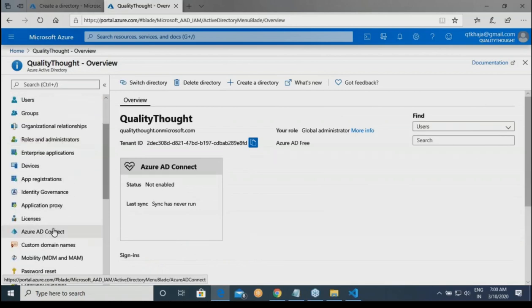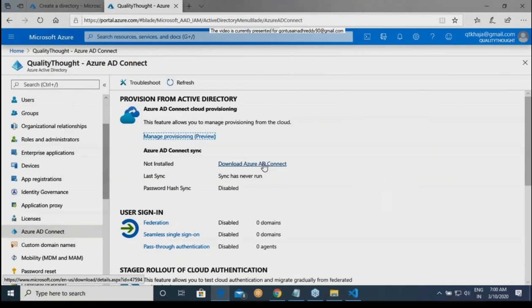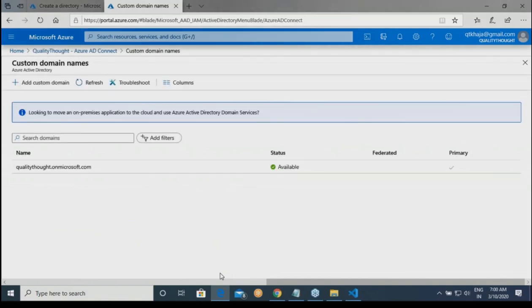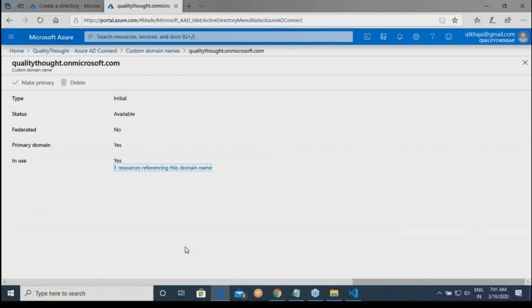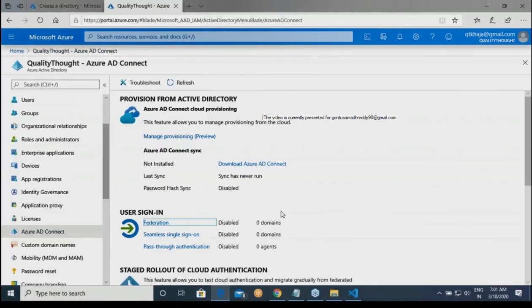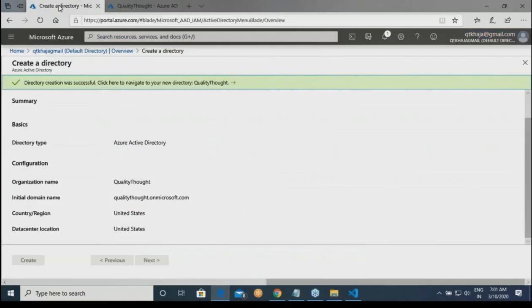Okay. Now come over here. Are you seeing Azure AD Connect? Yeah. So you can go to Azure AD Connect, and then there is something called as download Azure AD Connect. But this I have to do on a machine where I have domain controller set up. And there is one more thing which is called as federation. Right? If you want to do federation, you have to first tell what is the domain which you want to connect. Once you give the domain, then basically let us assume that I give the same domain. Okay. Then I need to do something to establish trust. Okay. So this is not something which I am going to do. Okay. Right. Let us go and start our machines.